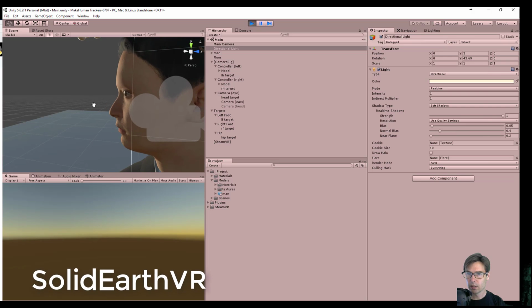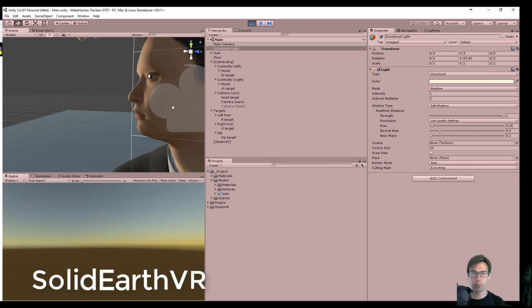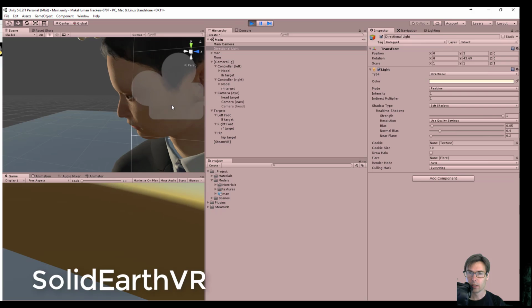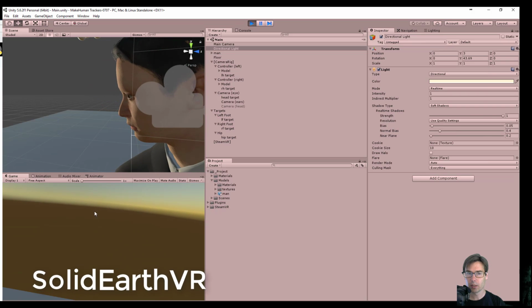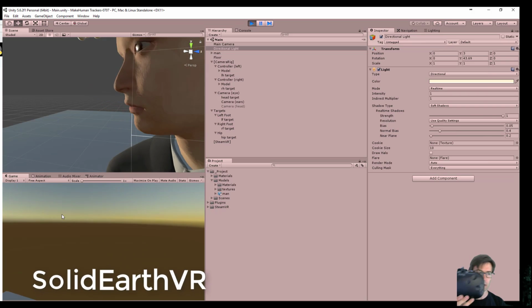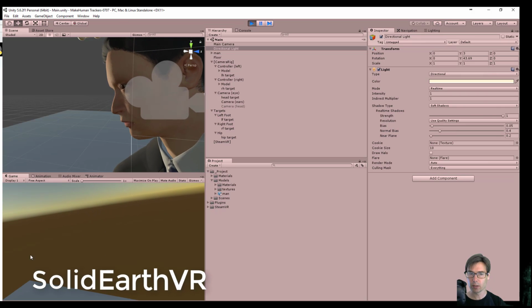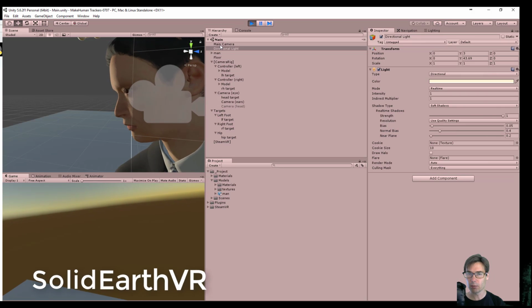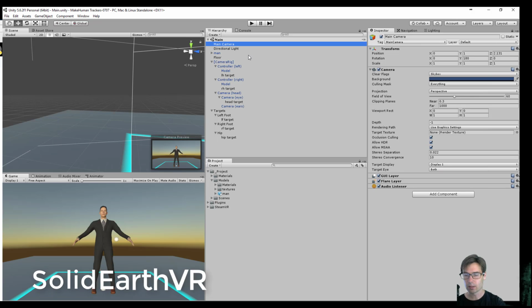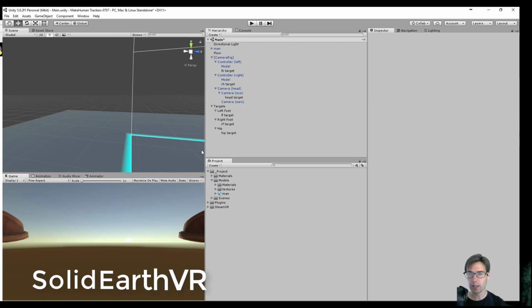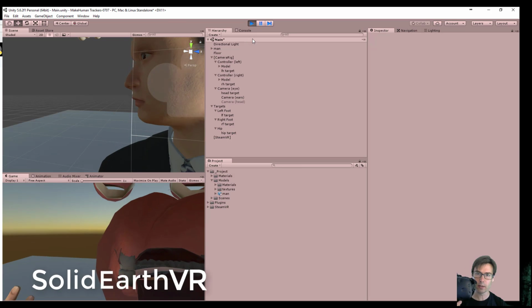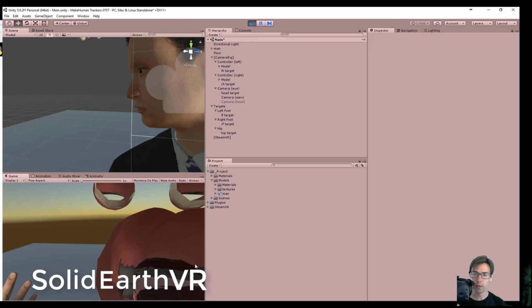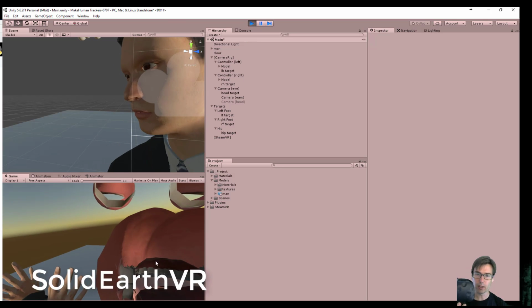So right now you can see that the camera is actually inside of his head somewhere. And actually one of the problems is we're just showing the main camera. We forgot to disable that camera. So let's go ahead and stop, delete the main camera, and now this is the camera that is associated with the actual headset. Okay, so now you can see the inside of the eyes and the face and the